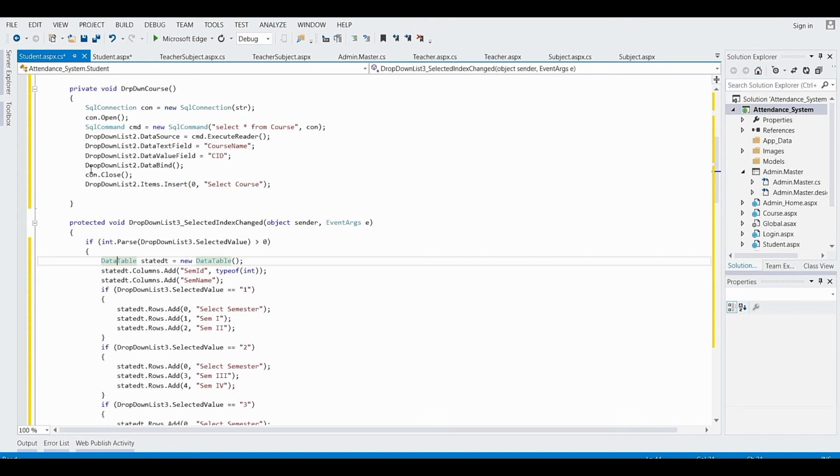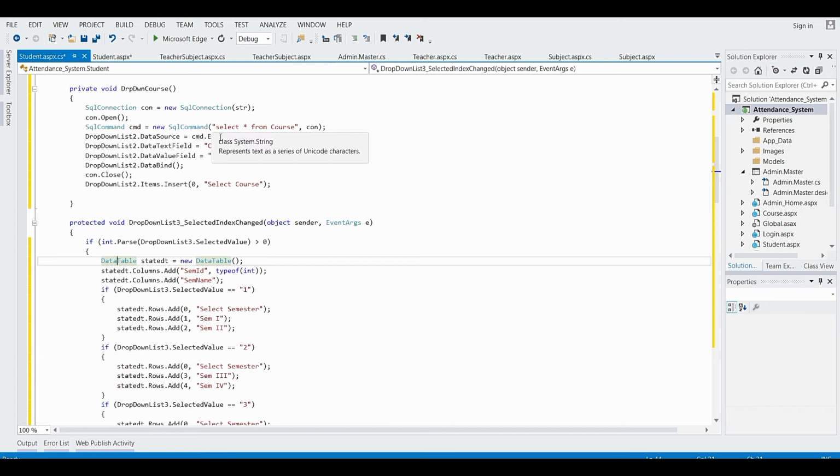Now we have to bind that with the drop-down list 2 with the function data bind and close the connection. Now the executed command going to return some value, and it will going to act as a data source for the drop-down list 2.